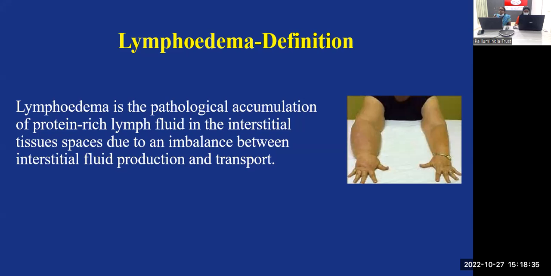Understand? So it is a pathological accumulation of protein-rich lymphatic fluid into the interstitial tissue space due to an imbalance between the interstitial fluid production and the transportation. But the fluid production will always be there. Wherever the arterial and venous capillary are communicating together, definitely the fluid leakage will be there. So fluid production will be there, but the transportation will be affected,